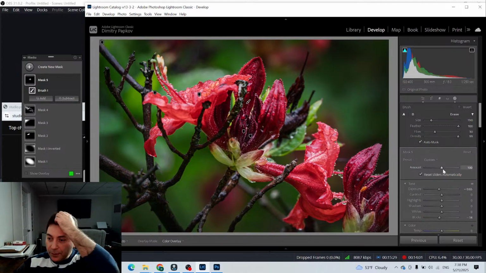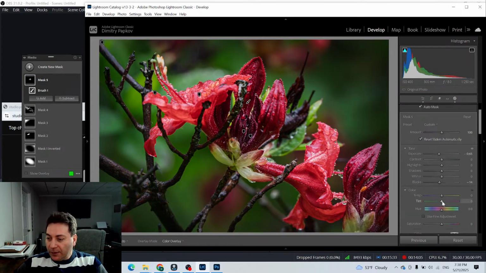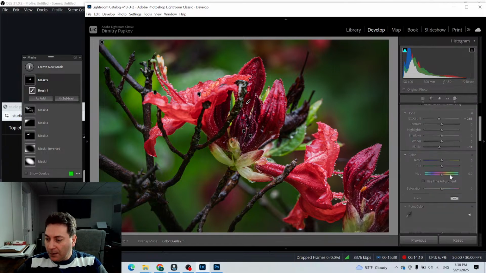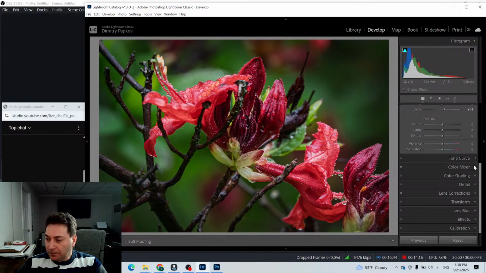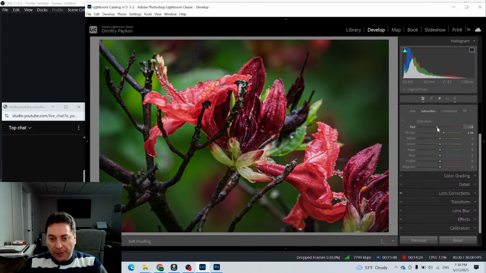Okay, I want to go to the saturation and reduce the, I have a feeling that the reds are kind of clipping. Let's see. Let's go back to HSL and then reduce the reds just a tiny bit. Okay, so now